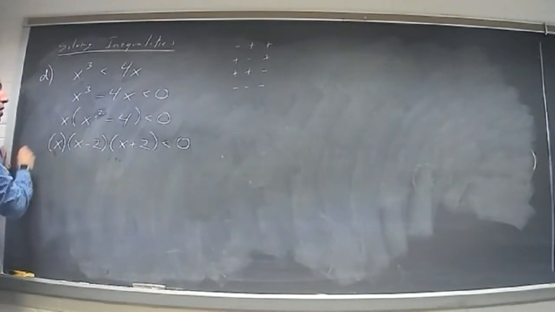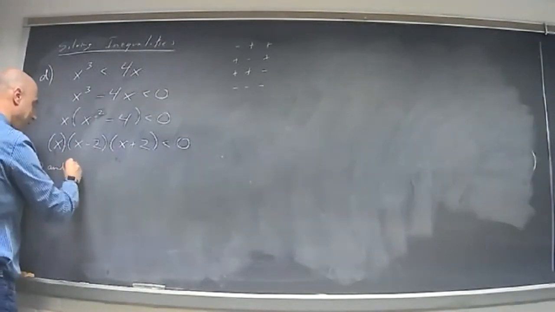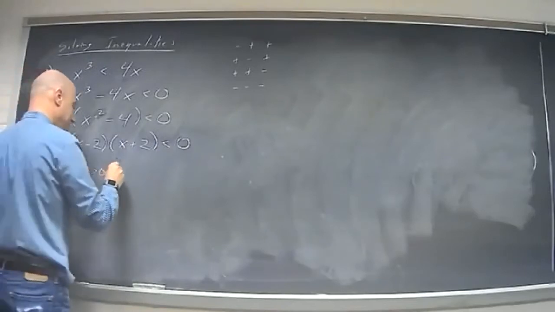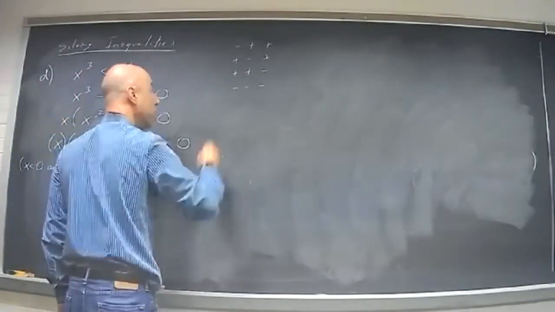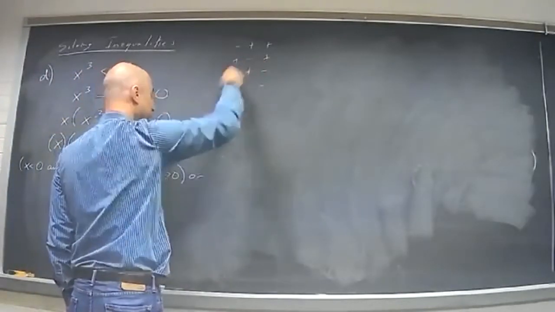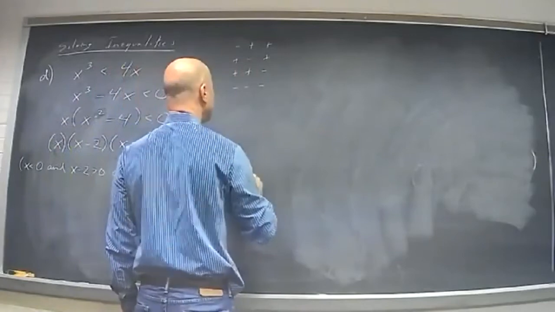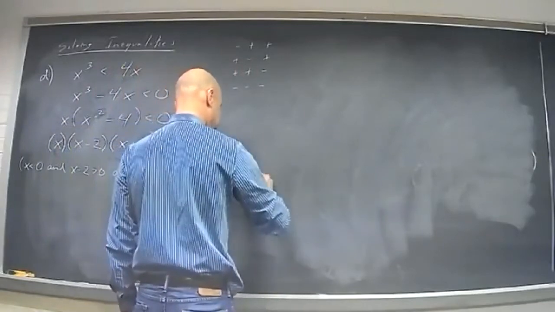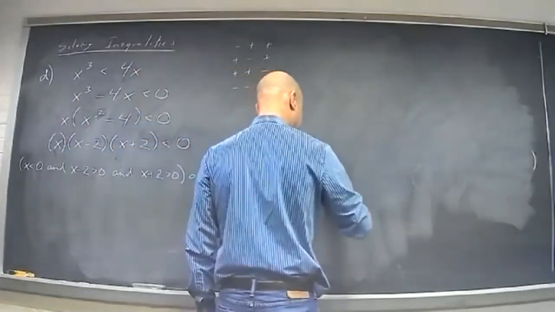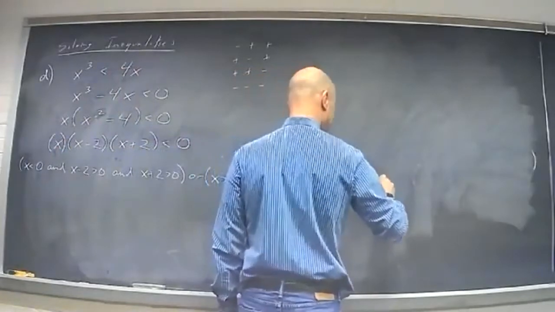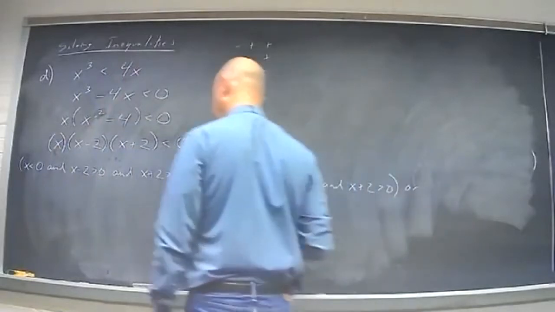So either the first one's negative, x is less than 0, and the other 2 are positive, x minus 2 is greater than 0, and x plus 2 is greater than 0, or the first one and the third one are positive and the middle one's negative, x is positive, and x minus 2 is negative, and x plus 2 is positive, or, this is already looking awful,